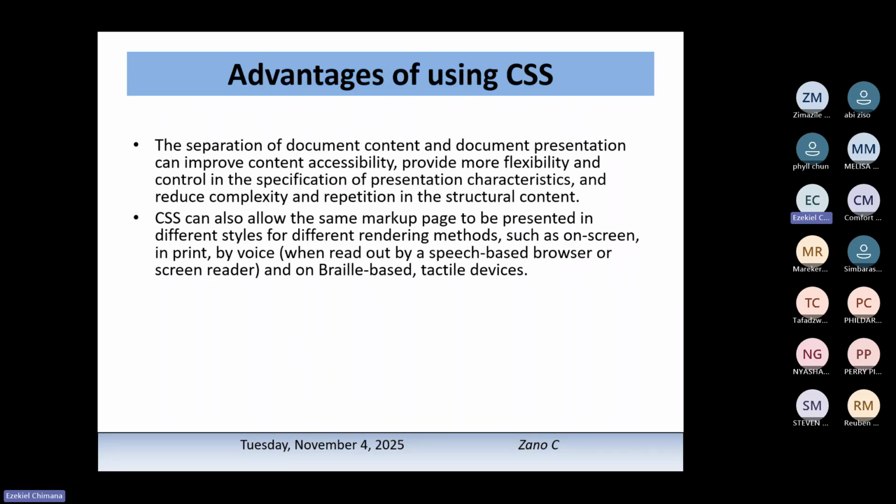Also, it will be easier for you to control the structure, or even it will be less complex for you when you're actually coding. Why? Because you'll not be repeating things. Things will not just be junk in there. Remember, when you mix CSS and HTML, you see how ugly it will become. So CSS can also allow the same markup page to be represented in different styles for different